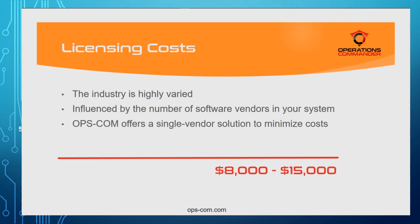Licensing costs. There's a wide variation of licensing costs for the different systems that are currently available. For example, many parking departments have an LPR set up from one supplier that feeds information into a parking management system from another supplier. This can create some complications with communications between the programs and also result in support requests across multiple vendors. This also leads to multiple annual licensing fees for each system. Most existing LPR operations on the market now have a network of these integrations to analyze the available data. The various combinations of systems can vary significantly, and with as few as 10 active cameras, easily surpass $15,000 in